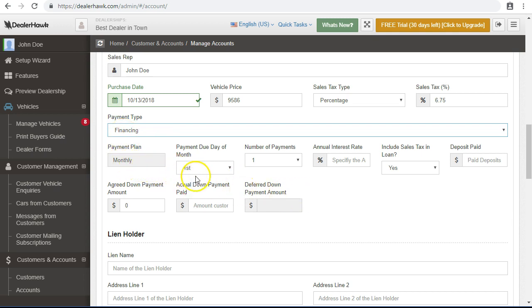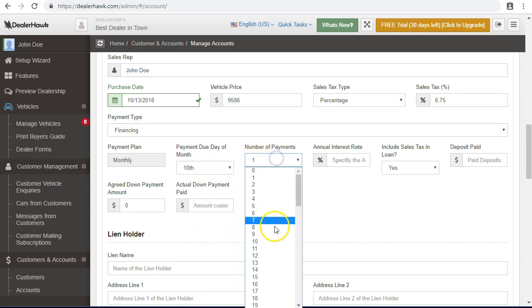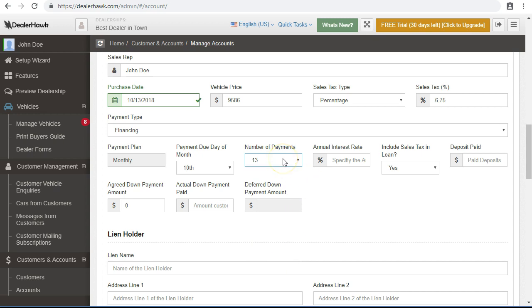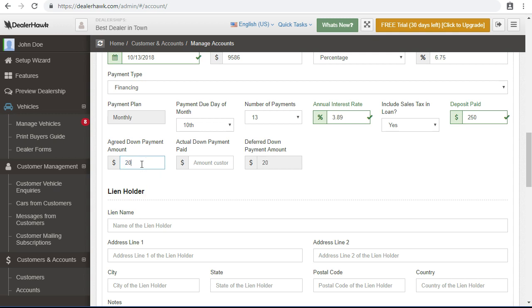So this is a monthly payment plan. Let's say they're going to be paying on the 10th of every month. You're going to give them 13 payments. Let's say you charge them a 3.89 interest rate. Do you want to include the sales tax in the loan? Usually that depends on the state you're in. Some states require them to be separate from the loan, or some of them can be spread out in the loan. Let's say the guy paid $250 as a deposit, and you both agreed on a $2,000